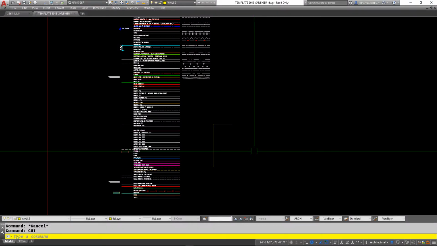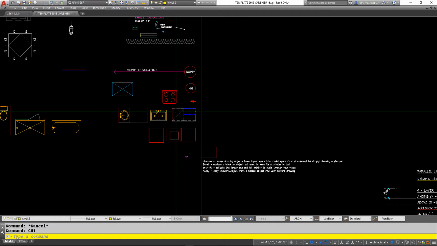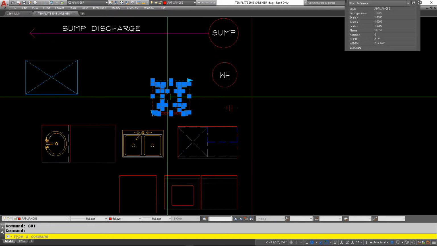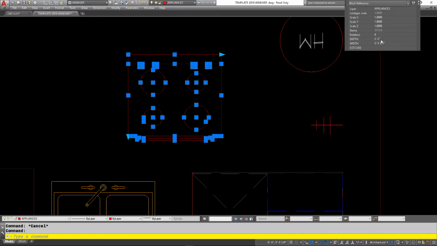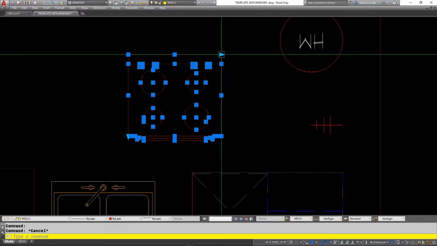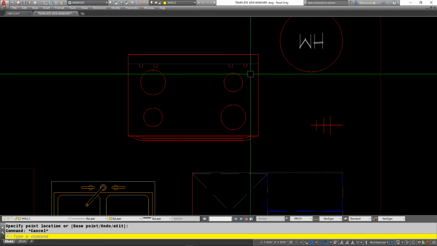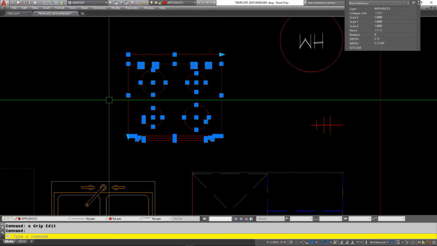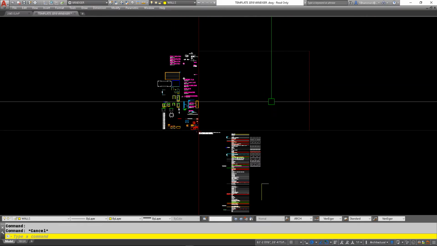And the other thing that I wanted to show you that was really important was a moment ago I didn't realize that I did not have this in my template, this particular block, which is a stove. And as you can see, it's a dynamic stove, so I can make it. I usually leave my stoves at 2 foot 2 inches, and a little bit less than 30 inches wide. But you can see that if I wanted to stretch that and then add a couple more things, it would do that. But for the most part, this is a generic stove, and I wanted to just have it in my template file so that when I'm drawing in my drawing space,